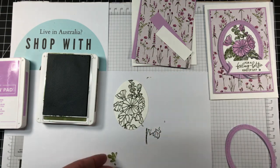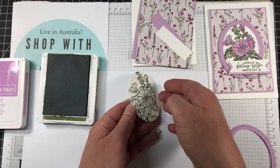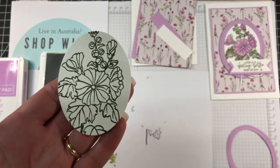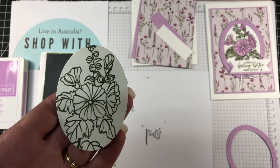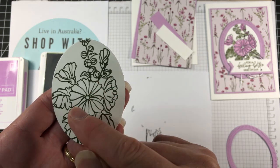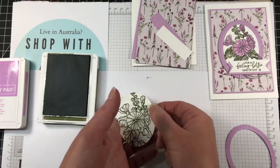Look how pretty that is. You could leave that just like that. The other thing you could do is use your Wink of Stella and add a little bit of the greenery in there. But what we're going to do